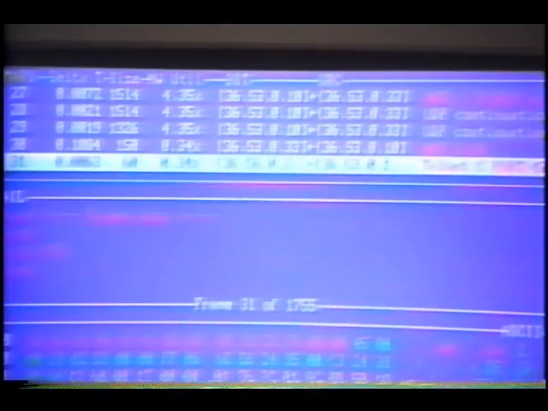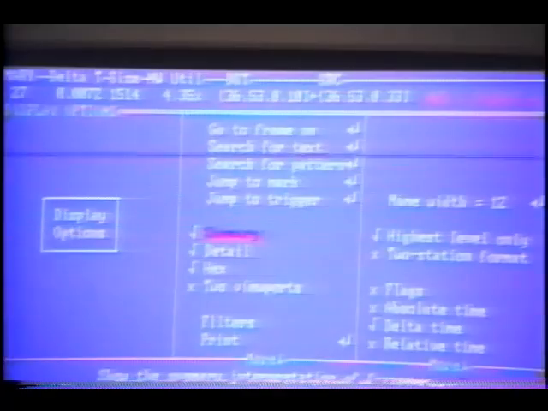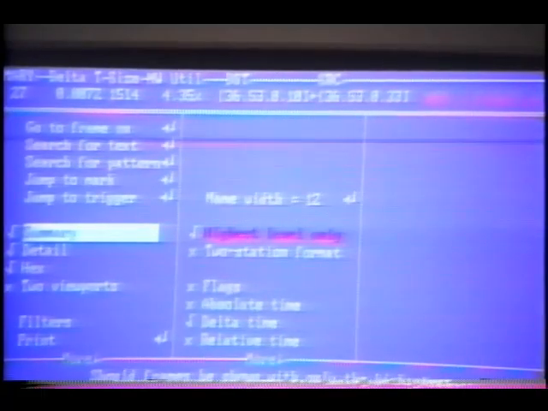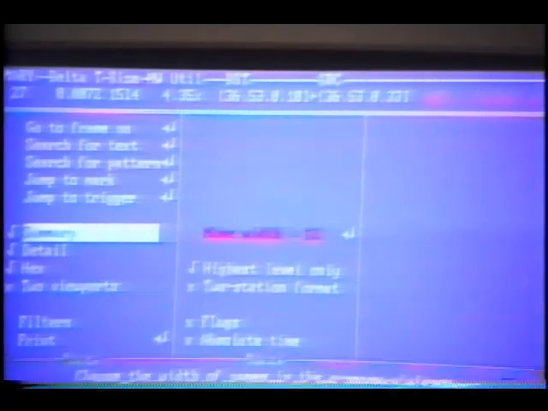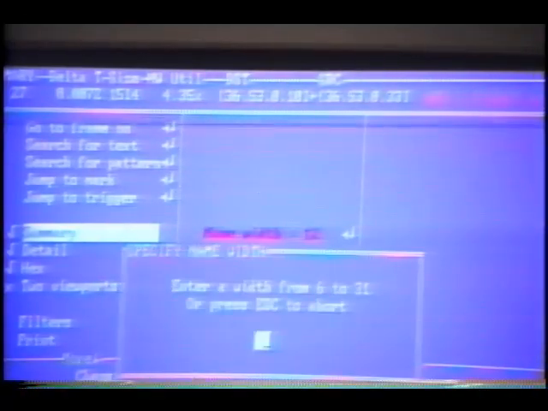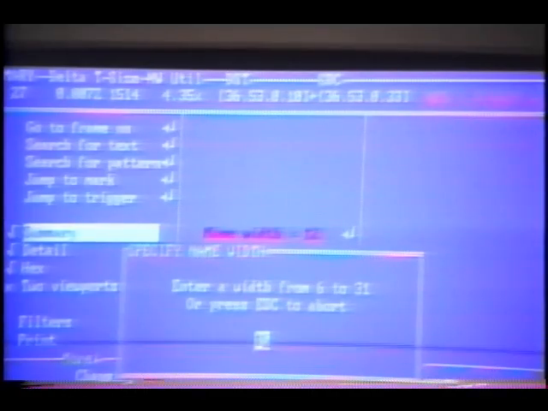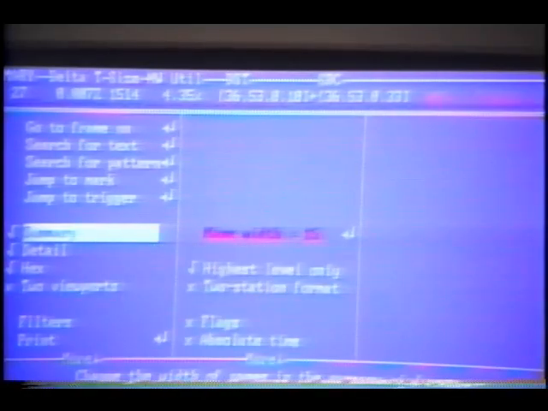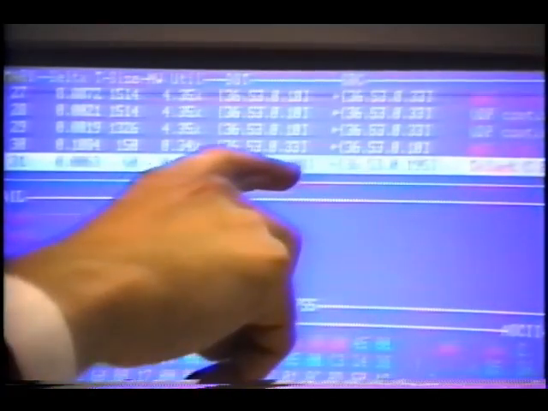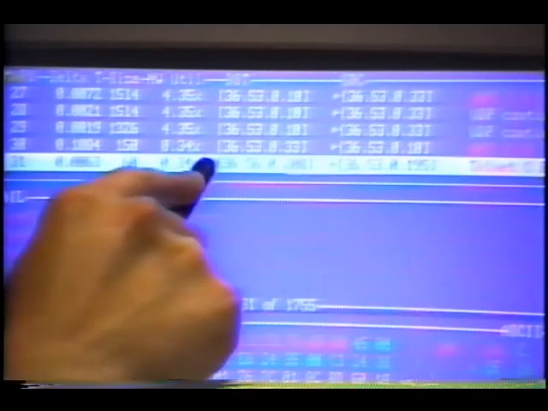So what we do is we hit F6. It means that the address is too big for the size of our window. We move over one. We see that the name width is 12 spaces. We hit Enter. I will press 15. Enter. Now we will hit F3 and display again. And now we can see why that didn't fit, because it was